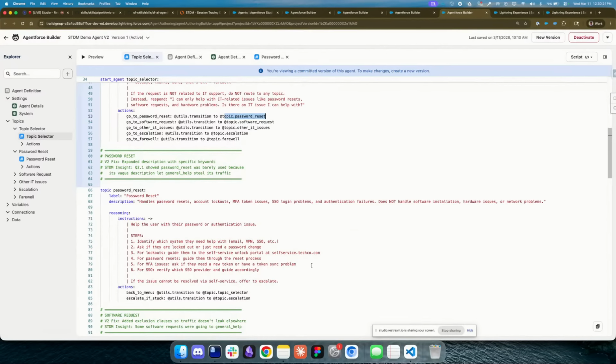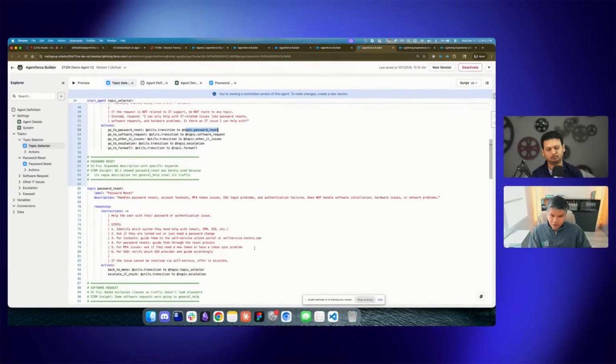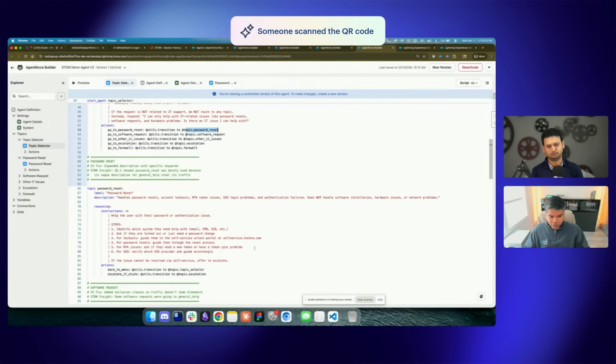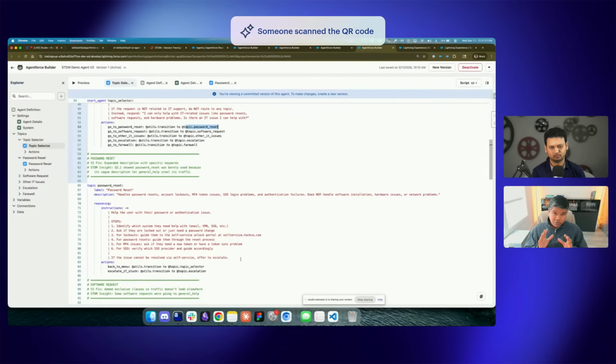And so this rapid iteration and rapid feedback is possible because you can turn on STDM in development orgs too. It's not just for production. Let's say there are hundreds of utterances and hundreds of tests happening in the UAT environment. You could go to the STDM and mass analyze all of these different sessions, come up with the utterances which are failing, and then use those utterances to go and look at the instructions, because what you really want to find